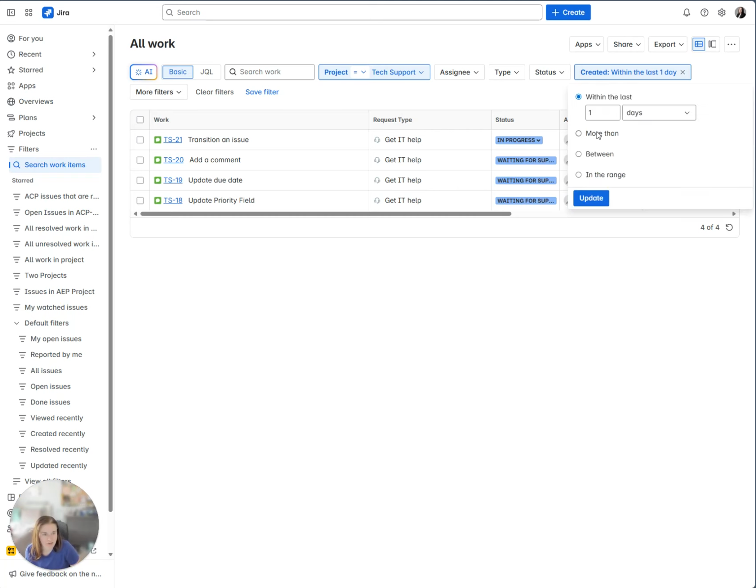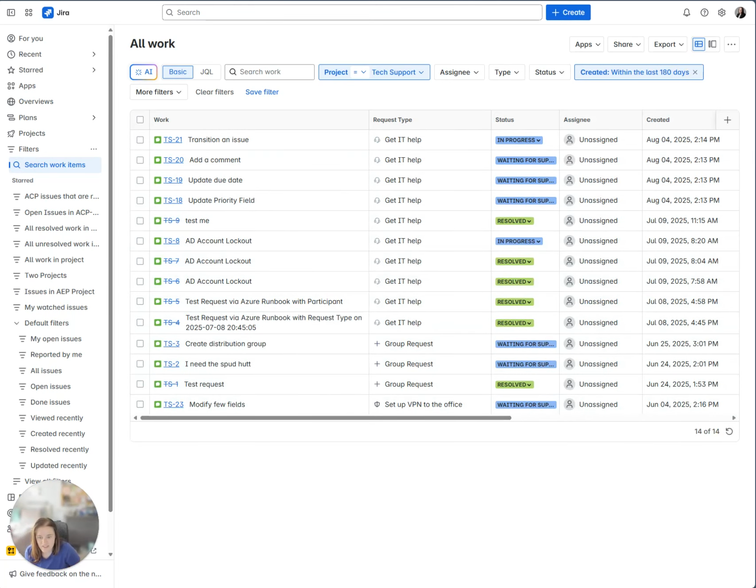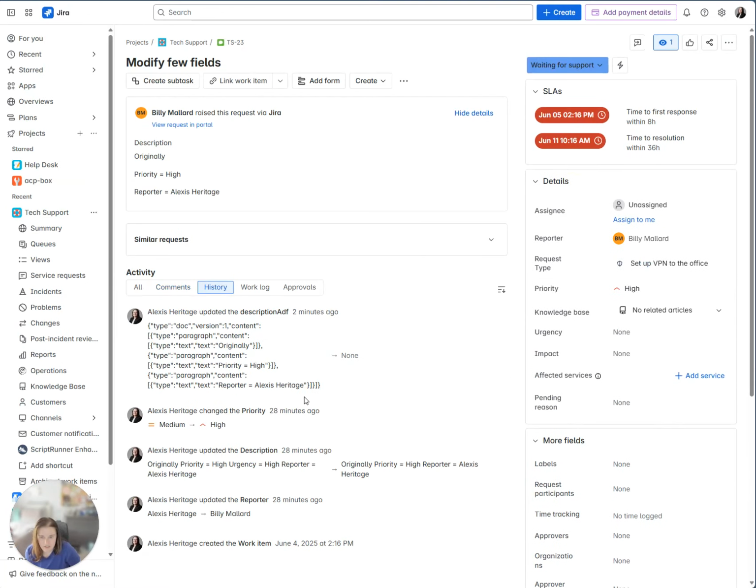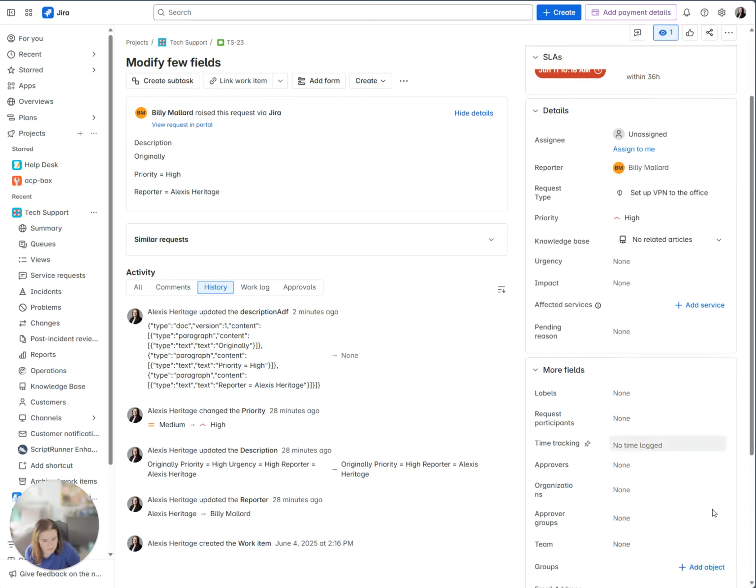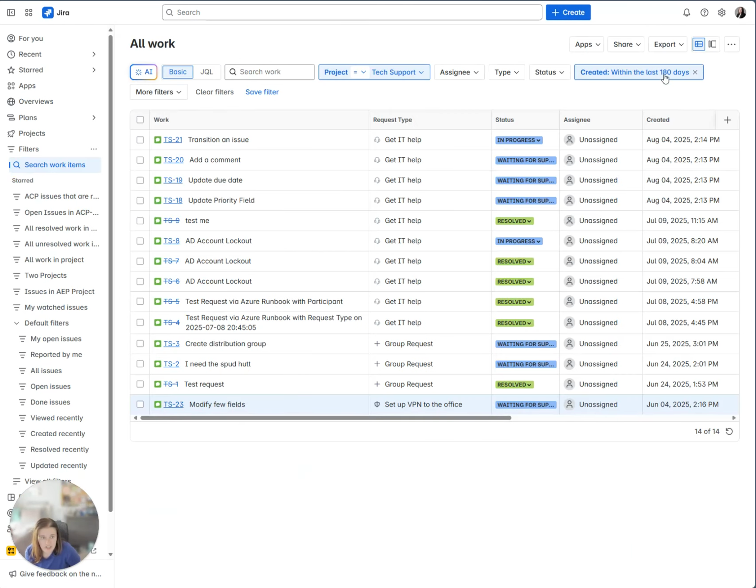If we come back and say created in the last, let's say, 180 days, we are actually going to then see that ticket here. So we see TS23, which was modifying a list of fields. If we come on history, we're going to see that the priority was changed, that the description was changed, so we also took out some of the information there. It did in fact update the reporter, and we can see here created June 4th. And we can check out some of these other ones, so if we put this back to within the last day,